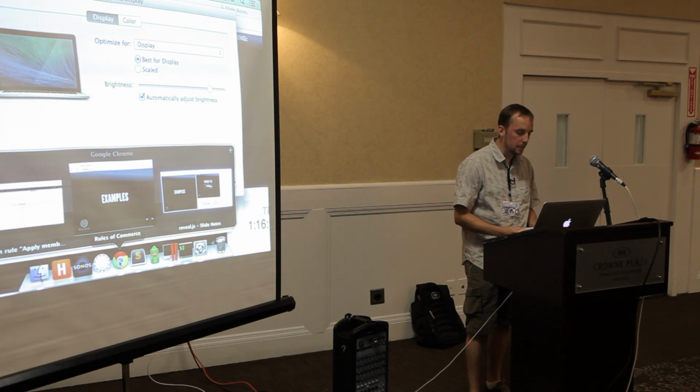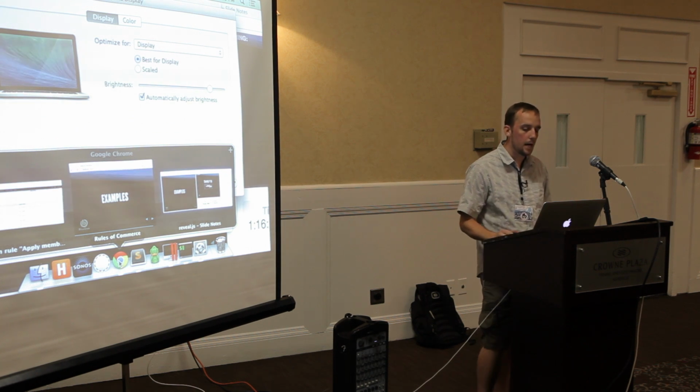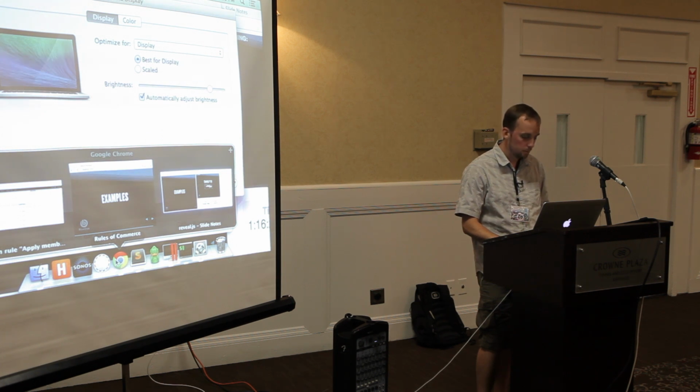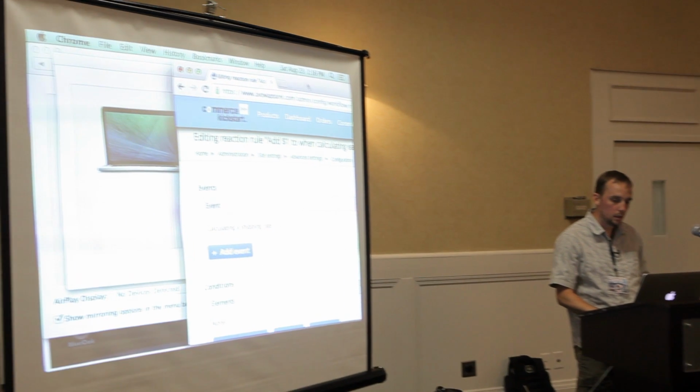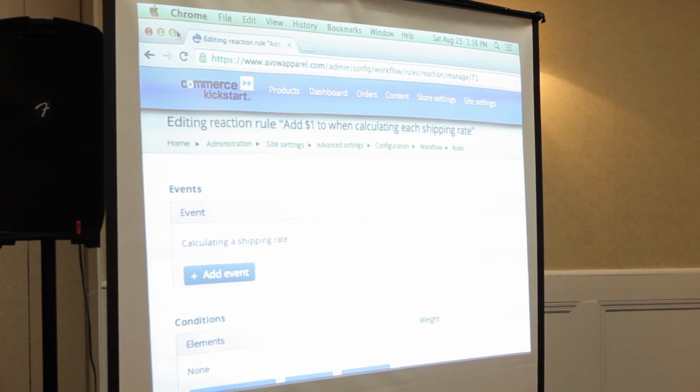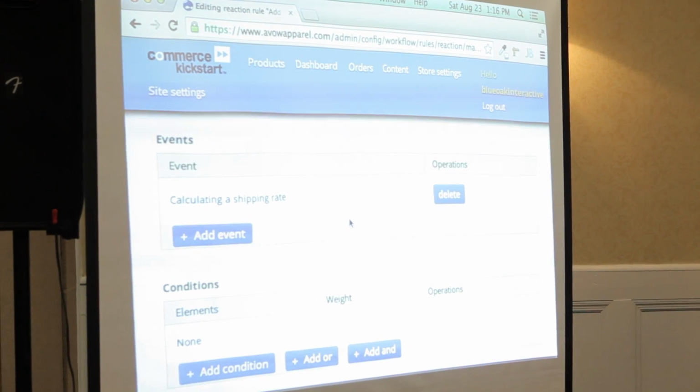So the first example that I was going to go over is how to add a shipping and handling surcharge to whatever your shipping method is. And so, switch gears here. This is like the easiest rule out of the box that you can do. So by default,